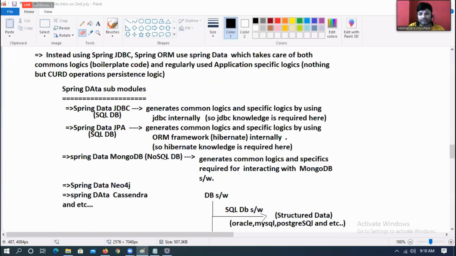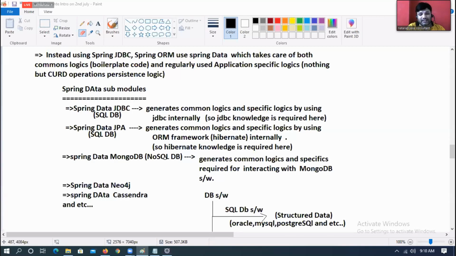Please concentrate. Before the arrival of Spring Data, if you observe very carefully, to deal with Spring JDBC style persistence logic, there is a separate module, Spring JDBC. To deal with the Hibernate style of programming, we have Spring ORM. And in Spring, there is no environment to deal with NoSQL database software.